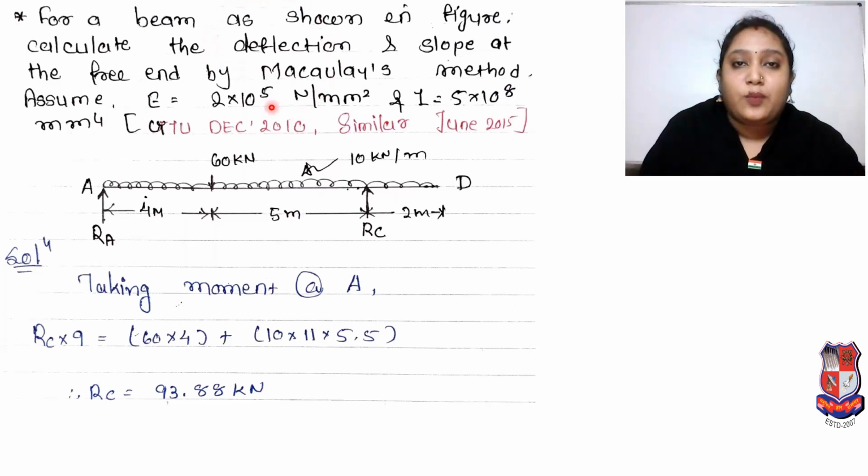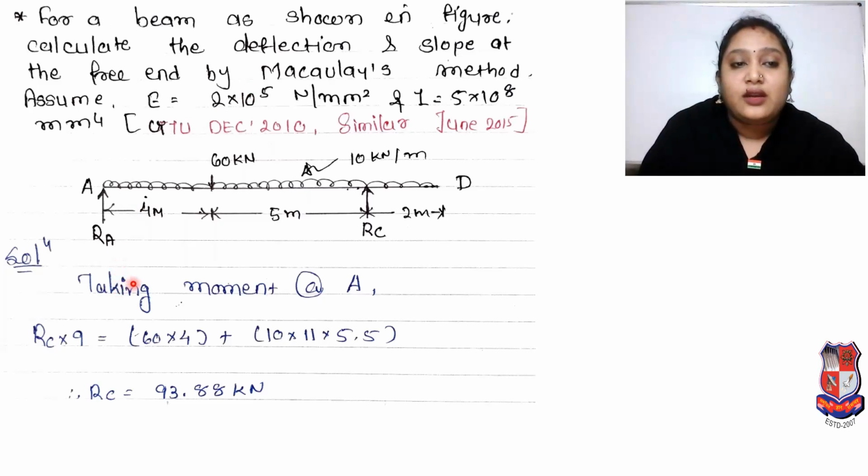That type of problem is asked many times in your GTU and semester exam, so focus on that. Whatever two previous problems we calculated, based on that only we will calculate this problem. So no need to worry and no need to get confused. You have to just remember your rules and your slope and deflection equations.